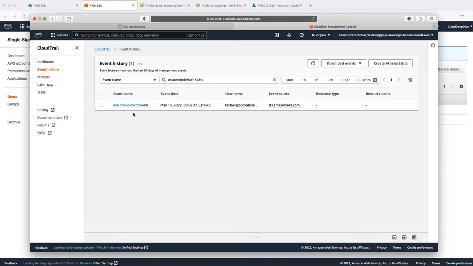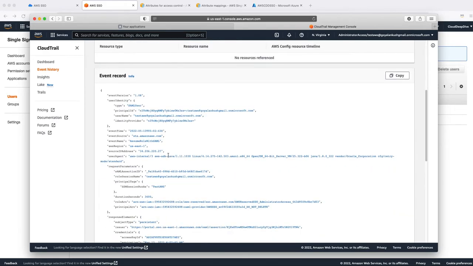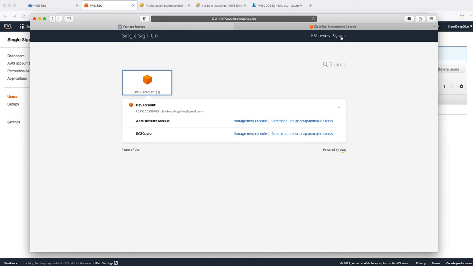Okay, so it's populated. If I show you, this is the CloudTrail log which shows what the SAML assertion has happened. If you go in this, you will see only one principal tag is sent by that Azure Active Directory, which is a session SSM session run as, which is test AWS, and that's the tag I added on the Azure side, which I'll show you later. So now what I'm gonna do, let me sign out from here,